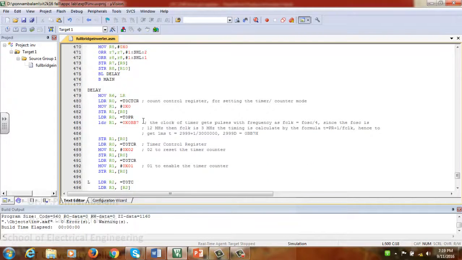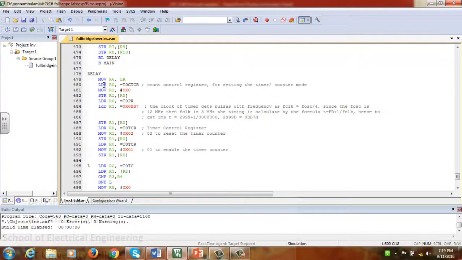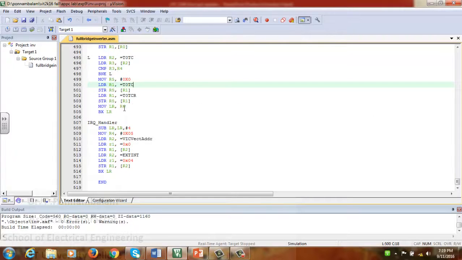Coming to this delay subroutine, as we have seen earlier, since we are using the interrupt, we need to store the content of the link register into R6. I am doing that initially, and I'll be popping it back into the link register at the end of the subroutine.